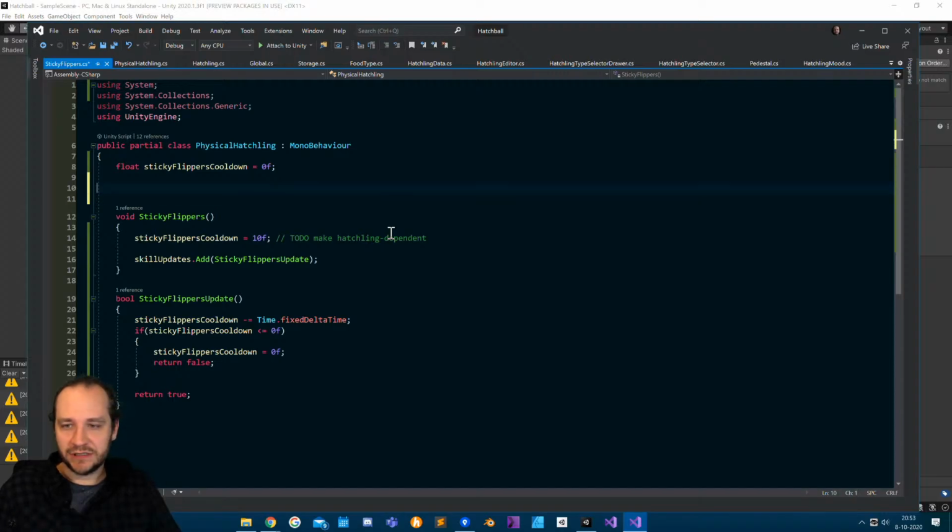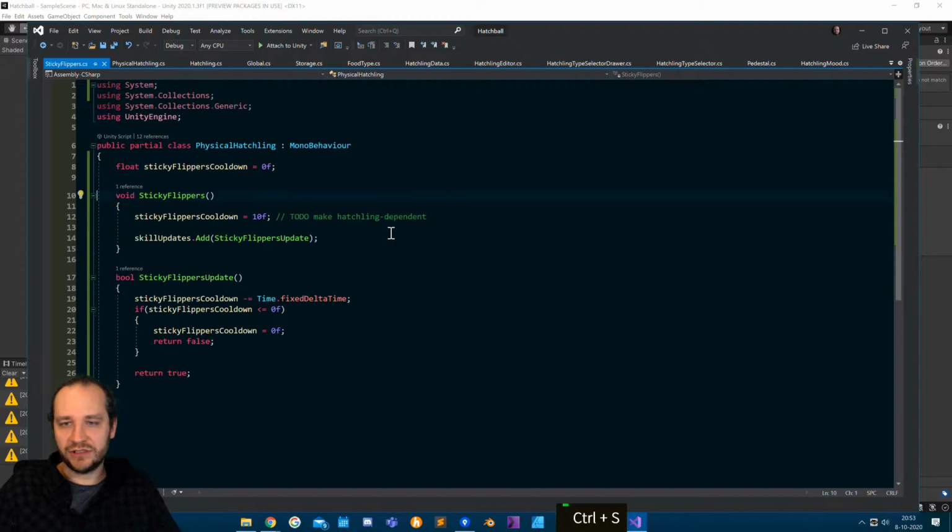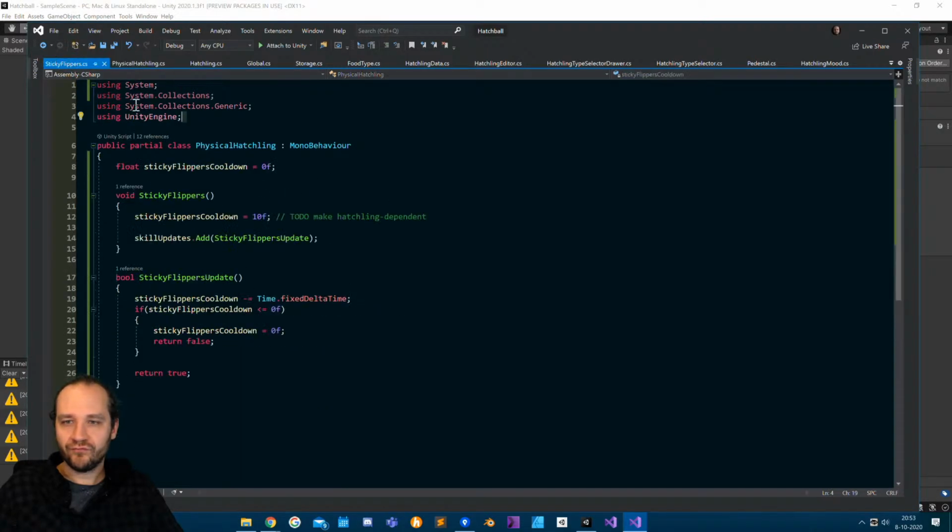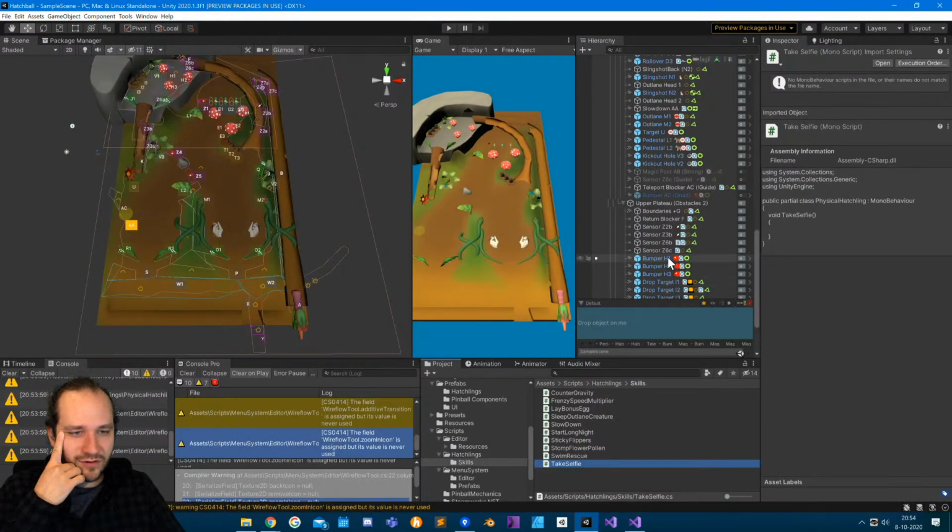Just making it harder because it should just be... I think I should just make this into subclasses. Yeah. Okay. Changing my whole thing here. This is gonna get... Oh no! If I subclass it, then I know what my problem was there. I've got this physical hatchling thing set on the...